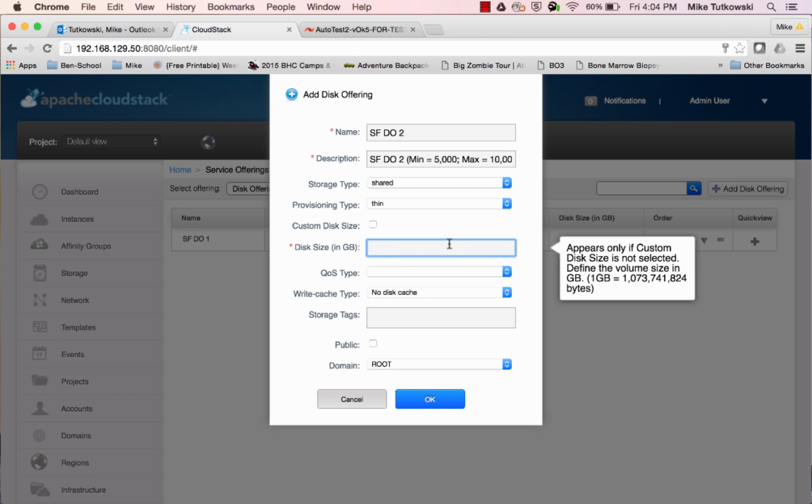For the sake of simplicity here, I'm going to keep the disk size the same at 100 gigabytes, but you could increase that if you wanted to go from 100 gigabytes to 150, 200, whatever. As long as you're going up in size, that's perfectly fine. But again, for the sake of simplicity here, I'm just going to keep that at 100 and focus on the